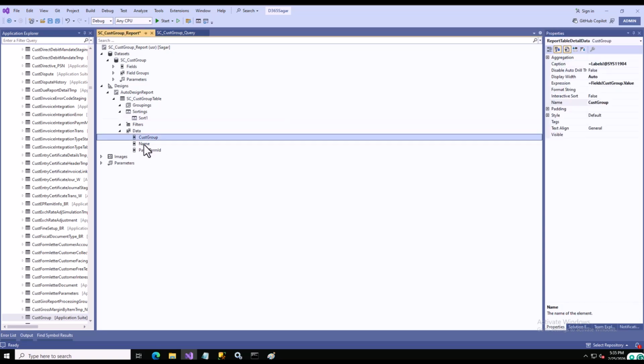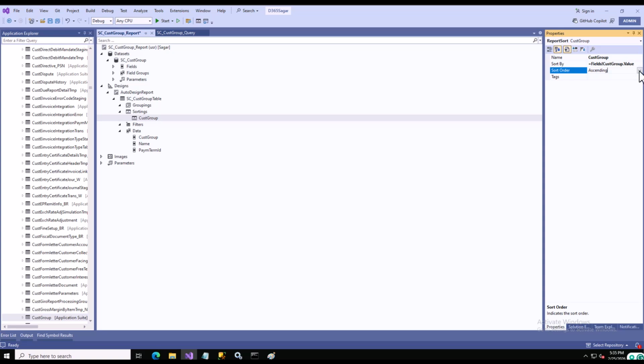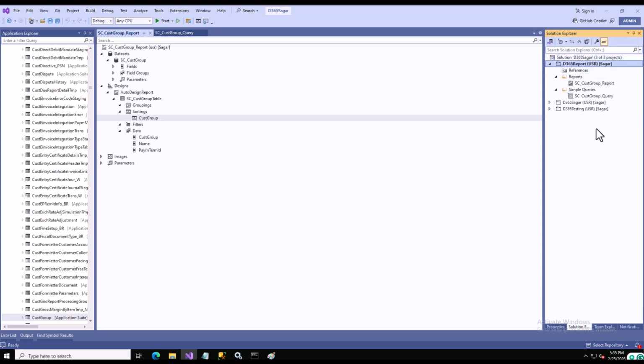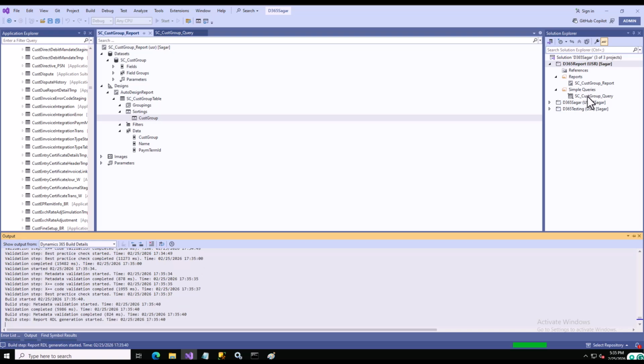So you can drag the field directly here. So what I will do, instead of ascending, let me show the report as descending order just to see whether this filter is working. Now I can do a build and I can deploy this report, and we should be,